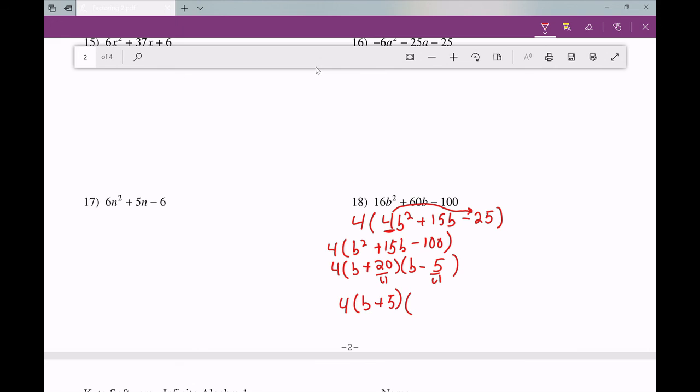And 4 doesn't go into 5 here evenly, so it's going to go to the outside. So it's going to be 4b minus 5. Okay? And if I check that, if I distribute the two binomials first, and then multiply everything by 4, I will get